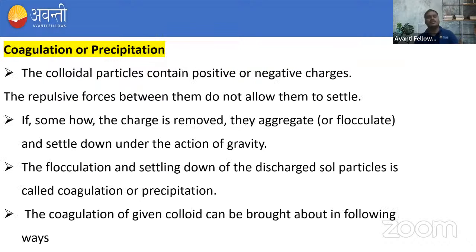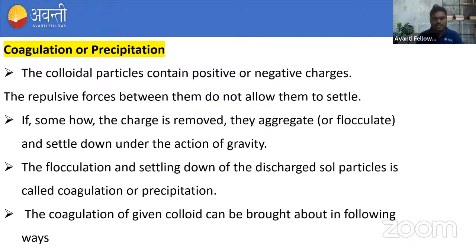Now what is coagulation or precipitation? So just reverse of the peptidation, that is the colloidal particle containing positive or negative charges. Then the repulsive forces between them do not allow them to settle. Right. If somehow the charges is removed, they aggregate or flocculate and settle down under the action of gravity. The flocculation and settling down of the discharged particle is called coagulation. This is termed as coagulation. So I hope this is clear. What is coagulation? That is when the colloidal particle is converted into precipitate by adding some suitable charges, either positive